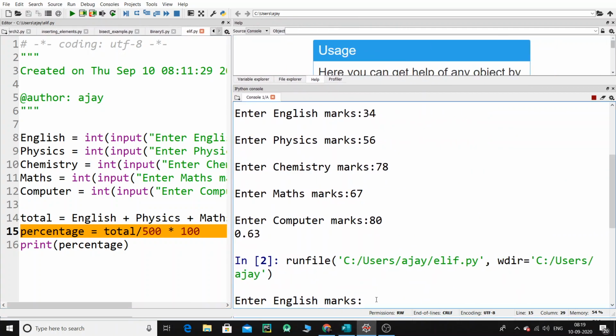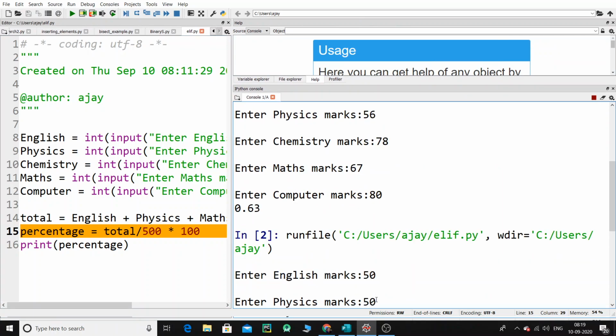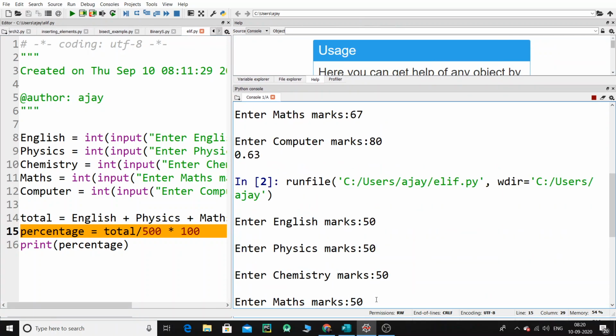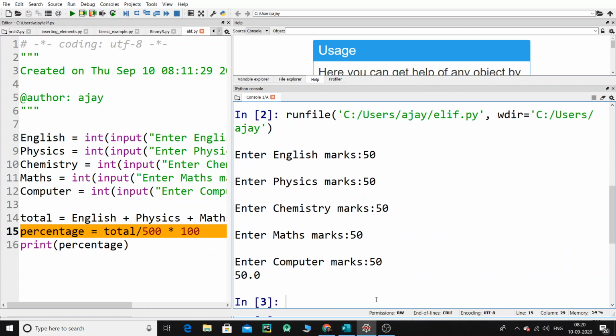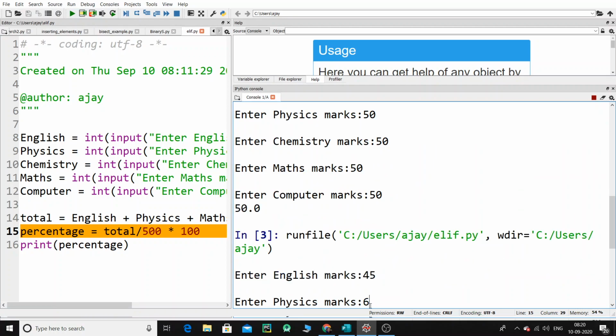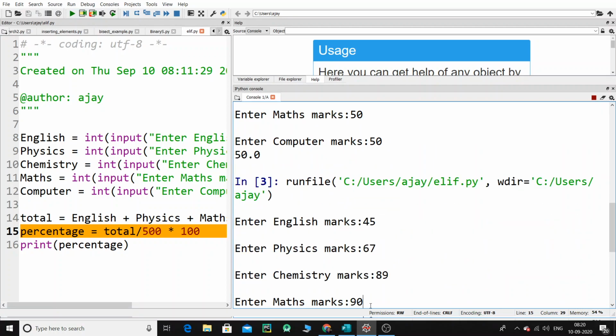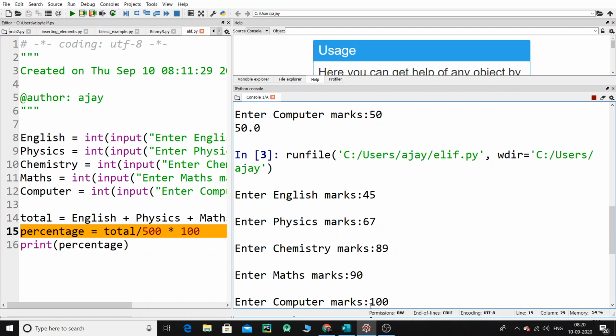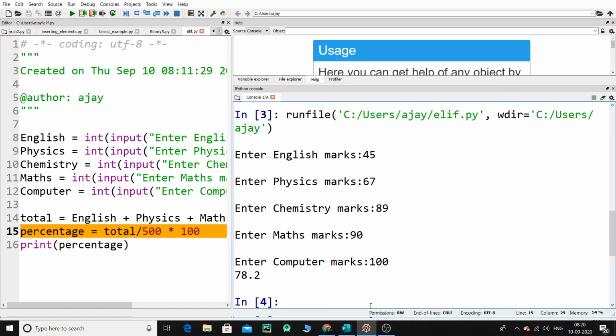So now if I give everything as 50, what is going to be the percentage? The percentage is going to be 50, right? So it is working fine now. Let me run this one more time and enter some other marks like 45, 67, 89, 90, and this as 100. Okay, and the percentage is